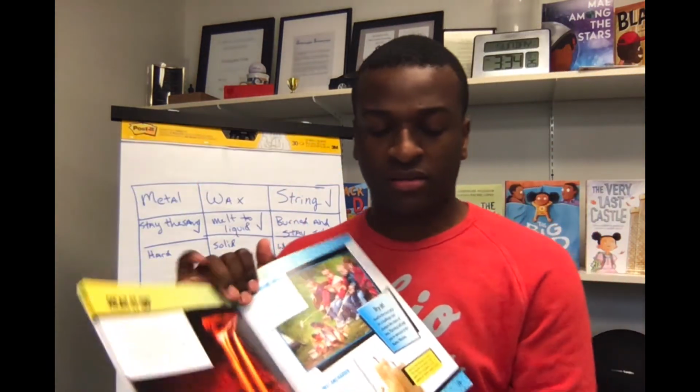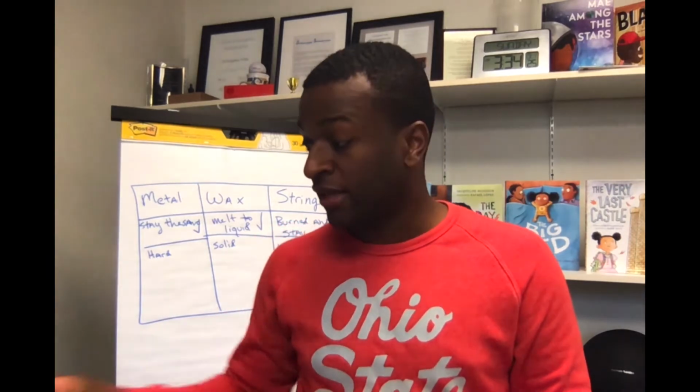So let's think about it. There are some things that just rot when the heat comes. There are some things that just melt when the heat comes. Each material has its own reaction to temperature. Some material melts right away, depending on the temperature, like the wax that we had in our candle. But when you think about rocks, it takes a much hotter temperature to get the rock to melt.